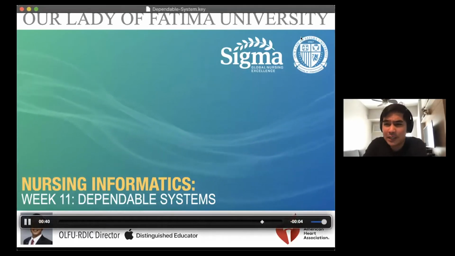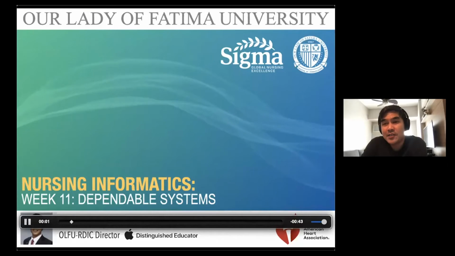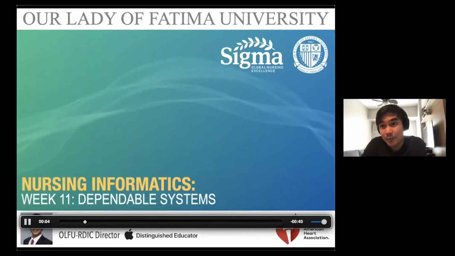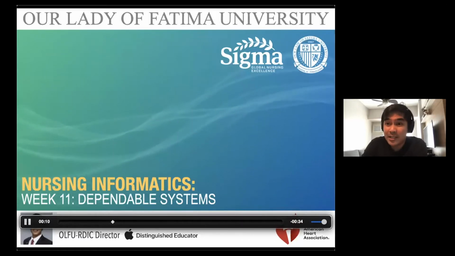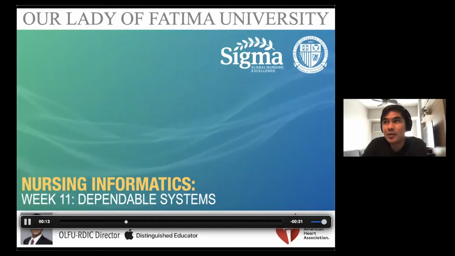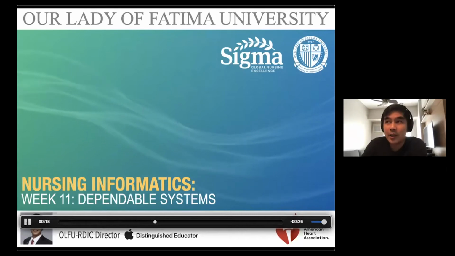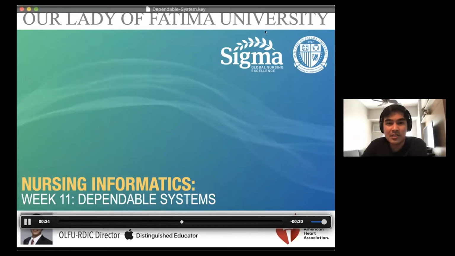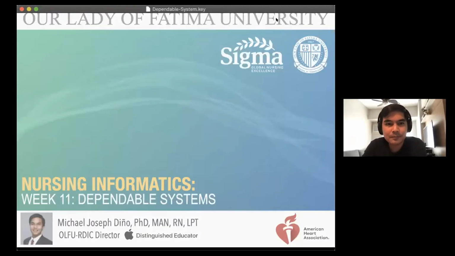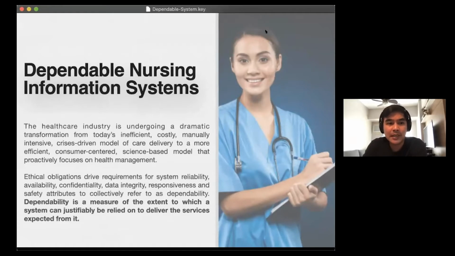It's very much important in nursing that we also focus on dependable systems. When we say dependable system, we need to make them as secure as possible, because we are working on confidential data of our patients, and we don't want those confidential data to be shared publicly. We are also working on the health of the patient, which is very much important. Kaya nga sa clinical information system, we need to bank on dependable systems. Not only in nursing but in healthcare in general, we have a need for dependable nursing information systems.